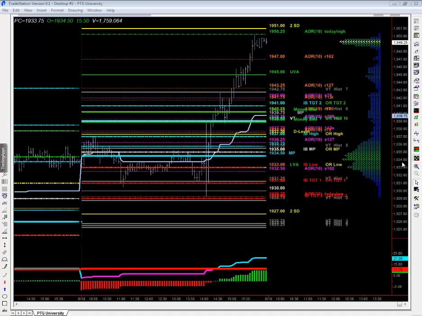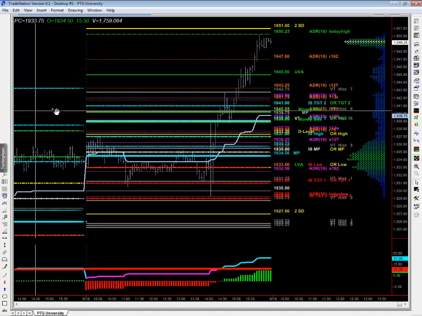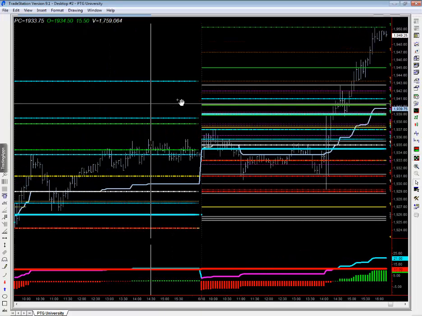Now, after you've gotten a little comfortable viewing them, working with them, understanding what they're telling us, over time they can become very, very valuable. Again, we want to keep things simple, but we also want to make sure that we have robust levels and targets that professionals use. When you get high confluence of zones clustering together, they tend to